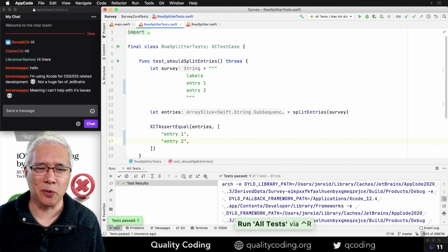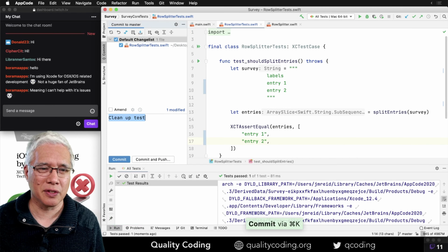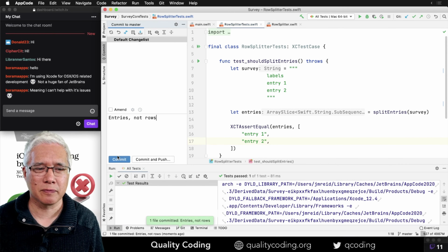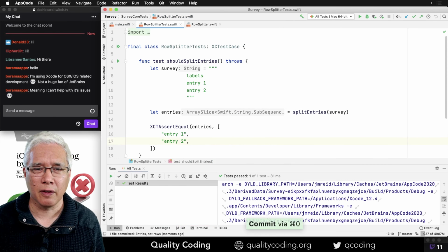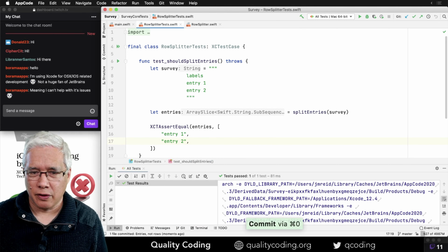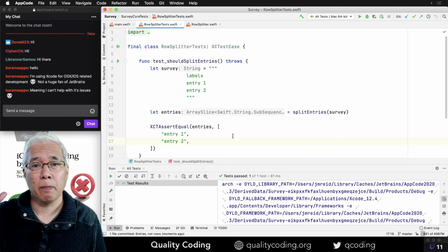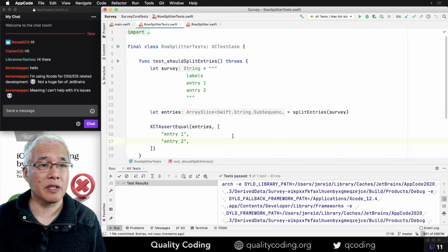And not just have rows, but have entries. Okay, that's better.